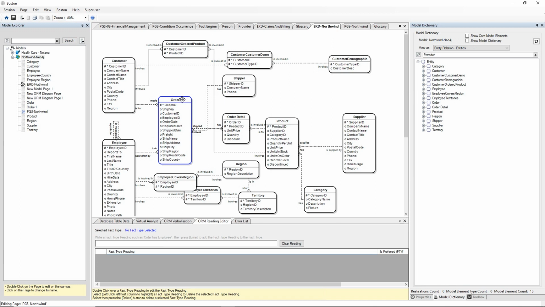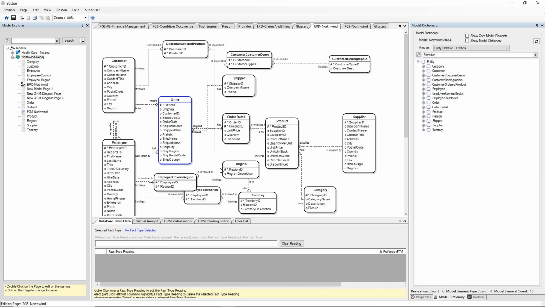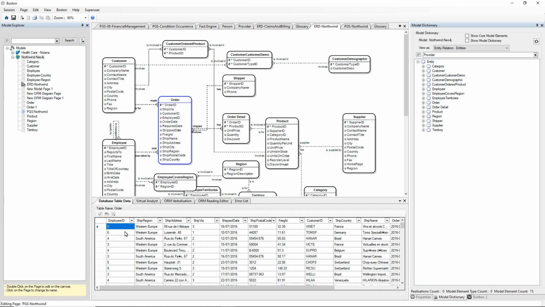Now, if we look at, say, a particular entity or entity type or node type in our data warehouse, Boston is also a productivity tool where we can actually view and edit the data as if we were using something like a Microsoft Access database. And this form down the bottom here lets you actually edit data if you have permissions to against your database. So we have a productivity tool which not only lets you query your database, design your database